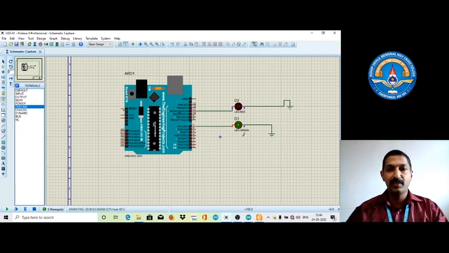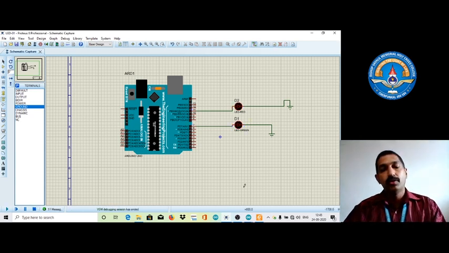We can see that whenever the green is enabled, the red is disabled, and when the red is enabled, the green is disabled. So this is the primary section of our Arduino connections. They are already connected with pin number 7 and pin number 11. These two pins are displayed here in the window. So we are stopping this button. We can run and stop from this particular panel here.